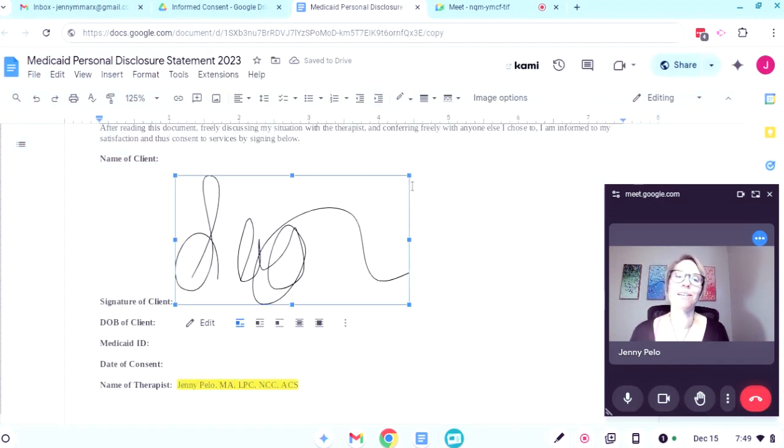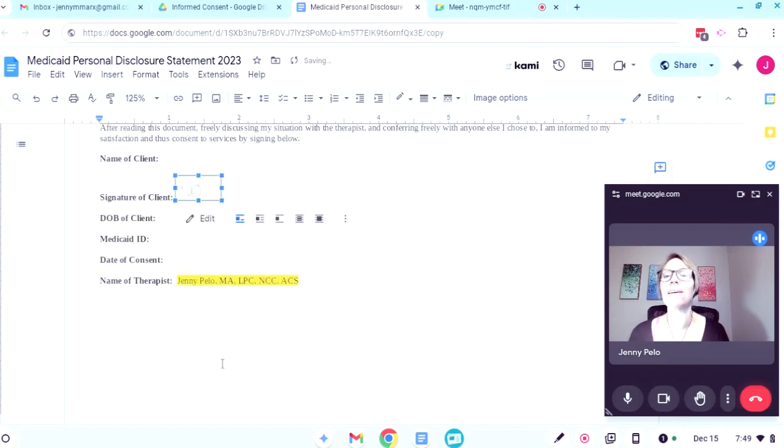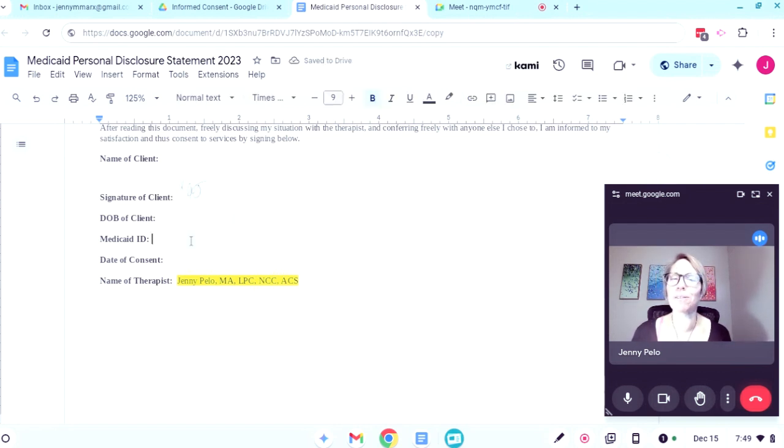And you may want to make it a little smaller, but you can walk your clients through doing it that way if you really want to save money. But of course, you get what you pay for, and it may feel weird to clients to sign it that way. So it's up to you, but just so you know the options. And then